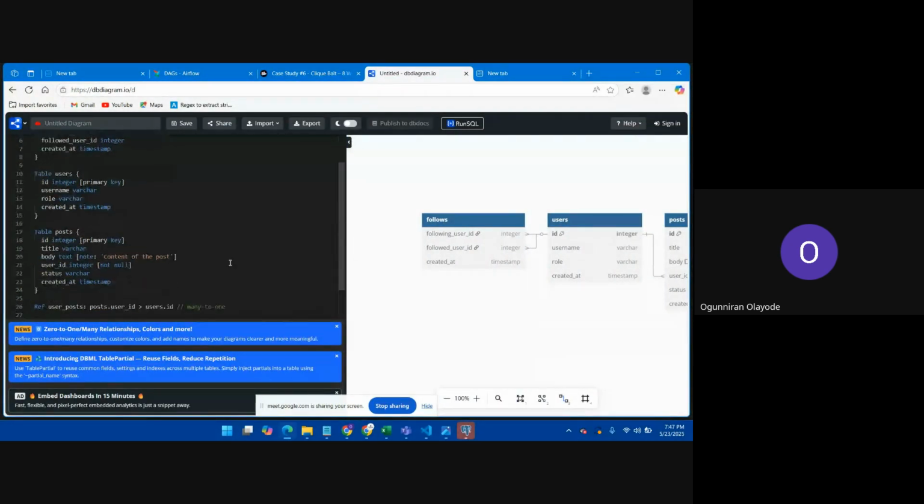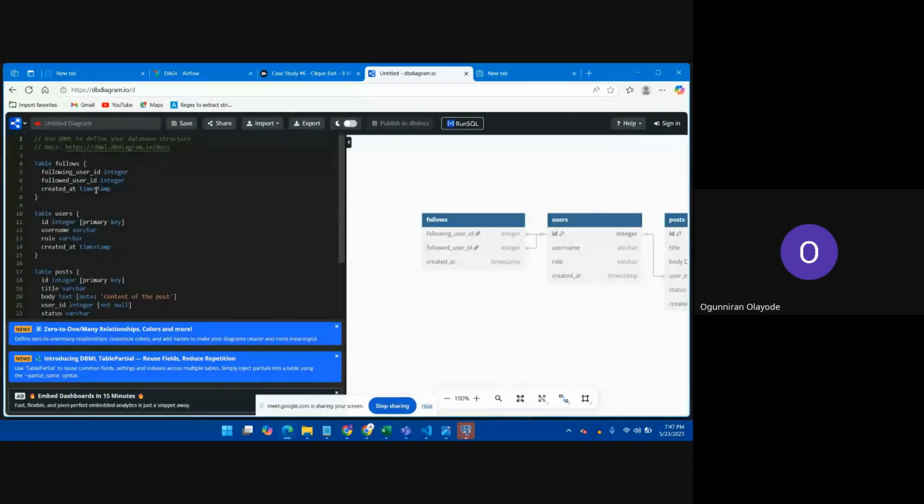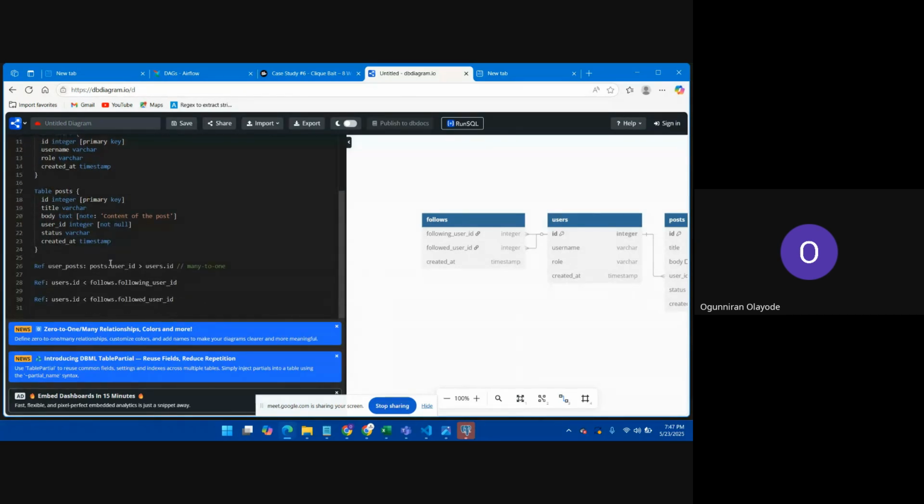So this is a sample here. You name the table, for example user table, you list the columns under that table, and you state the data type. Maybe it's an integer, text, a date or time, stuff like that. After creating the first table, you close it with this curly bracket. Then you create the next table, and after listing all the tables,